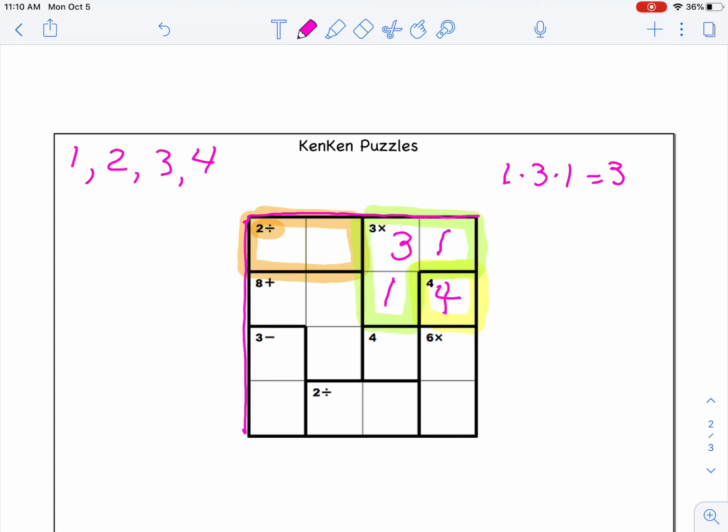So now those numbers together, 3 times 1 times 1, all have a product of 3. And again, if I'm looking at my rows going down and my columns going across, so far I haven't broken any of the rules for making sure that there is only the digits 1 through 4 going across each row